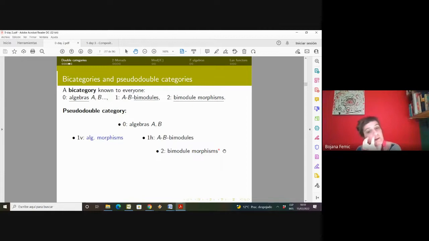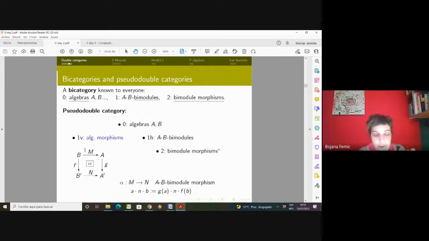Okay, so this is to show what I have just commented, that on the level of 1 horizontal cells, bimodules, they are not strictly associative. This tells me that in total, I will have a pseudo-double category and not a strict double category, okay? And now, these algebra morphisms that we were omitting, if speaking about bimodules and bimodule maps, they come at this place of vertical 1 cell. And now comes what you were saying. So this is 1